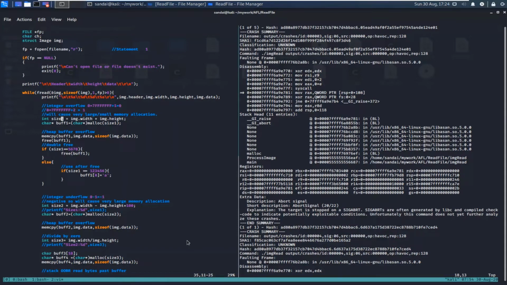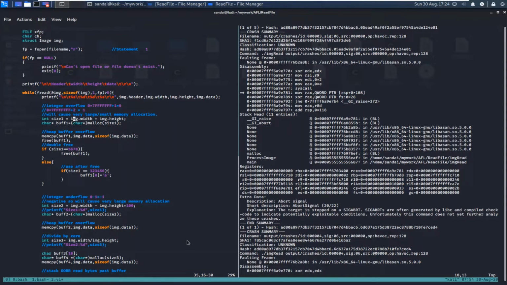Now the first thing to check here is that if you are declaring size as an integer, then its value should not be more than 0x7f... because if it goes more than that, the number will be negative. That is what is happening in this case.